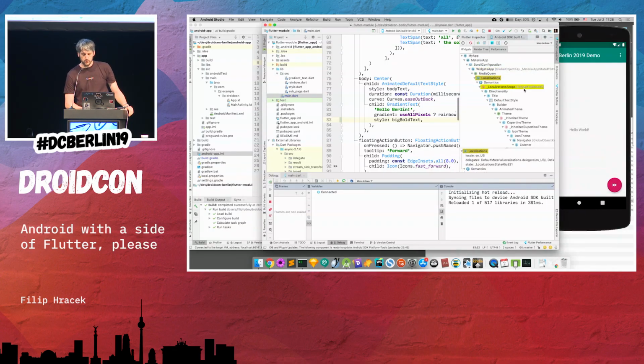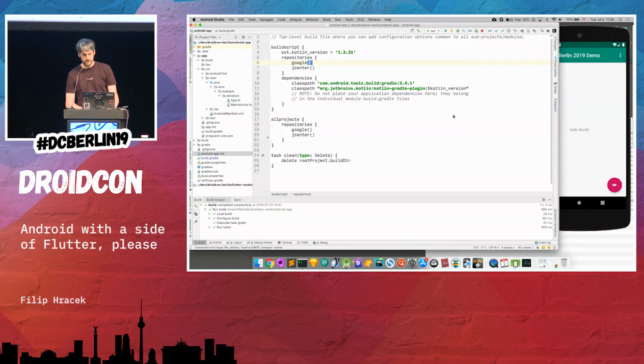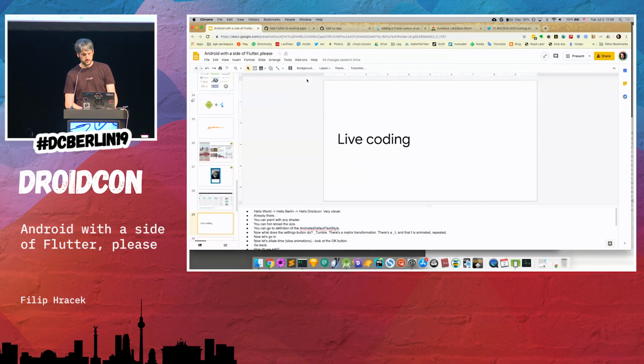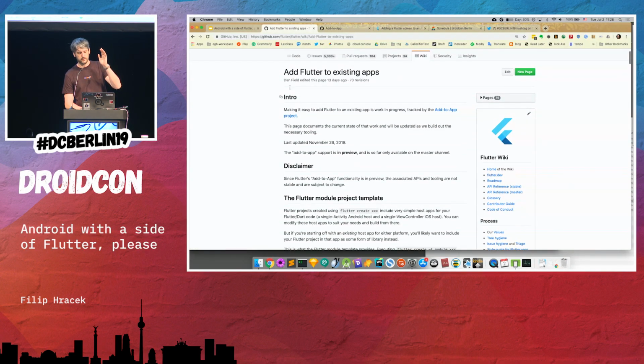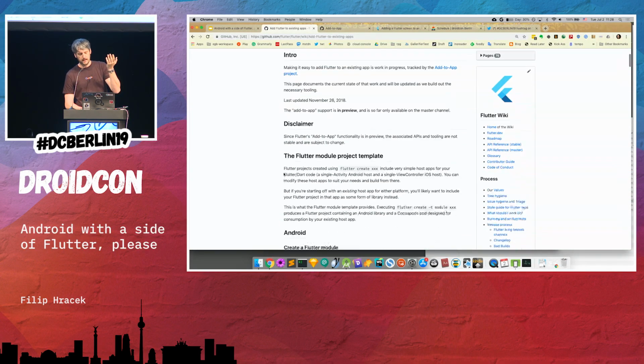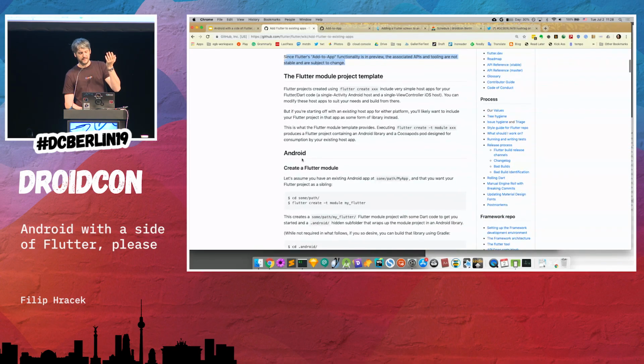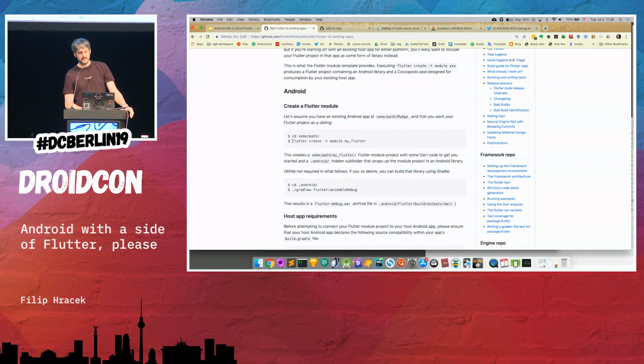So how do you do something like that? Let's switch to the Android app. This is a normal Android app. Actually, let me show you. If you can't wait another second to do this, you go to flutter.dev and search for this, add Flutter to existing apps, and you read the disclaimer, and then you can basically run flutter create module, which is a module that you can add to both iOS and Android, and we'll cover